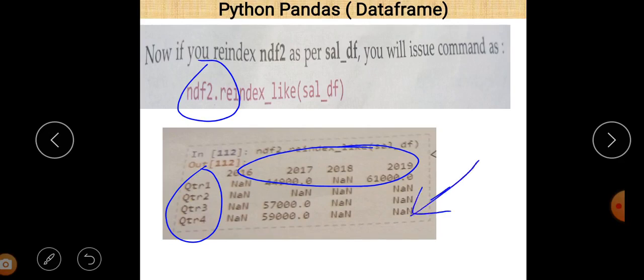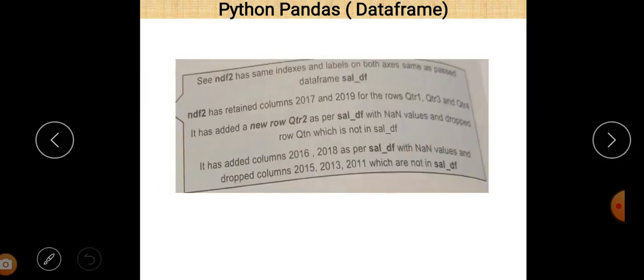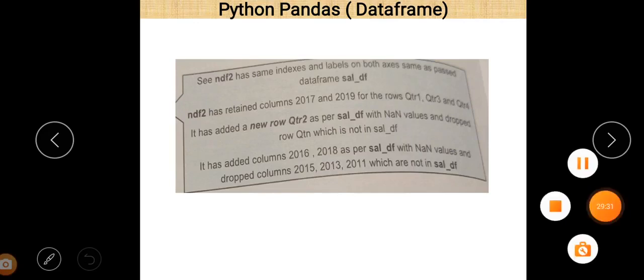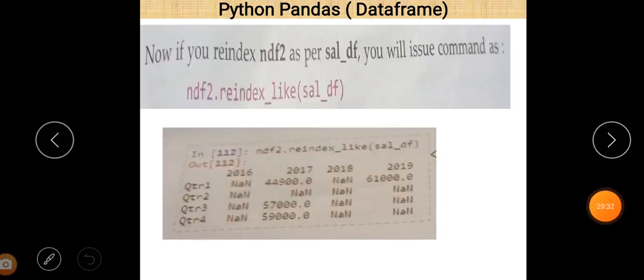The values that are not found are represented by NaN. So that is the concept of the reindex like function. See, NDF2 now has the same index and labels on both axes as per the same names as the past data frame SAL underscore DF.